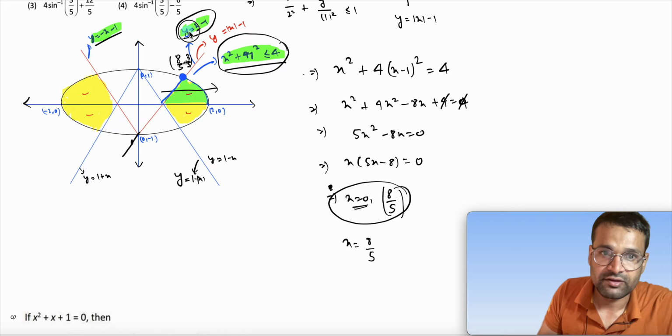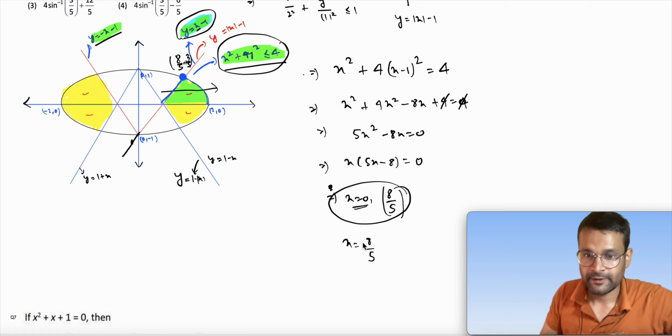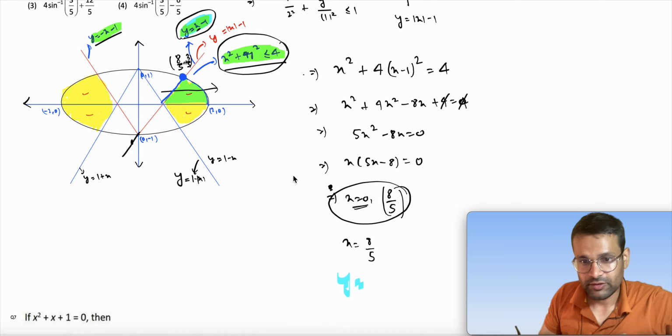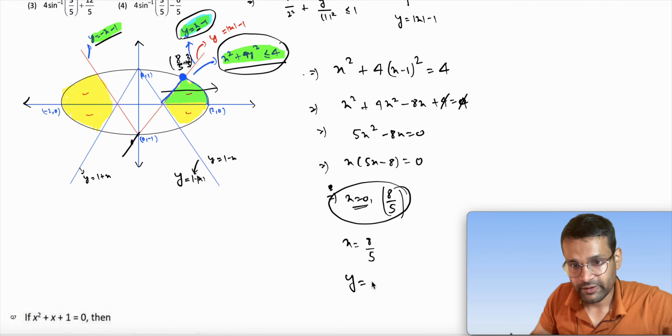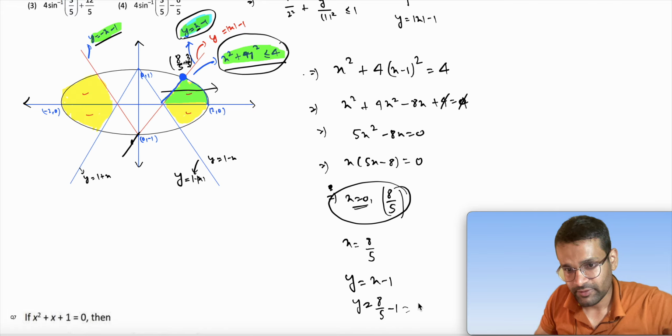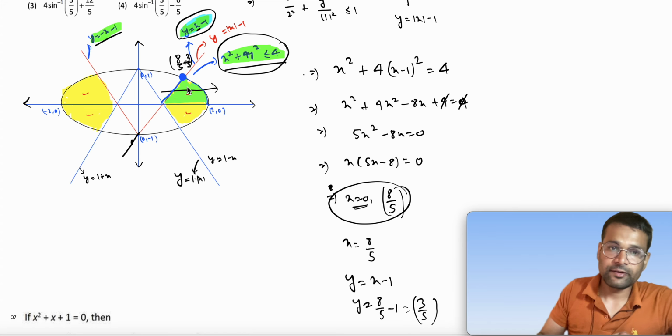I am talking about this one. You put this value of the x coordinate, and you get y = x - 1. You put the value of x, you get 8/5 - 1, which is 3/5. Okay, now